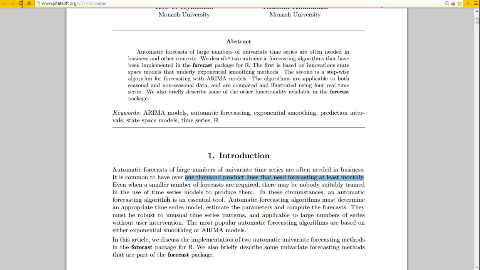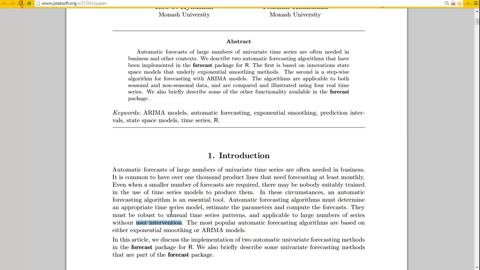In these circumstances, an automatic forecasting algorithm is an essential tool. Automatic forecasting algorithms must determine an appropriate time series model and then estimate the parameters and compute the forecasts. They must be robust to unusual time series patterns, that means they have to be able to handle unusual patterns, and applicable to large numbers of series without user intervention. So you want to be able to do it automatically.